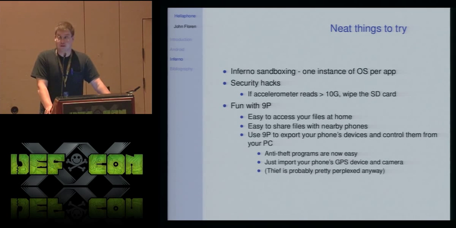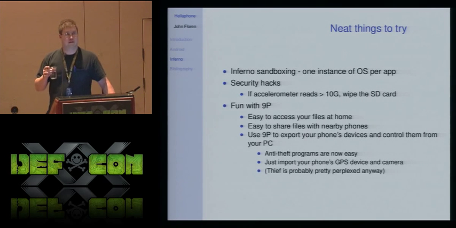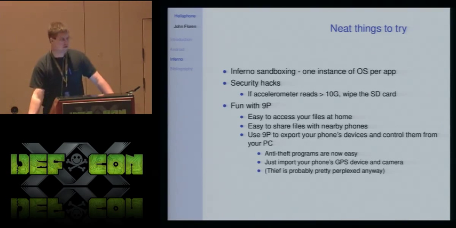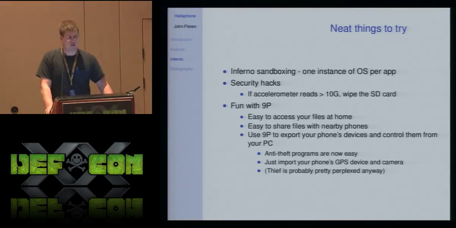And something I didn't really mention too much, I did mention that Inferno is based on Plan 9. It's inspired by it in many ways, and it uses the same file system protocol, 9P. And there's some really interesting things you can do with 9P when you're working on a system like Inferno, because it's network transparent. It doesn't really care where any of these files it's looking at are coming from. So it would be incredibly easy to access the files that you want to store at home.